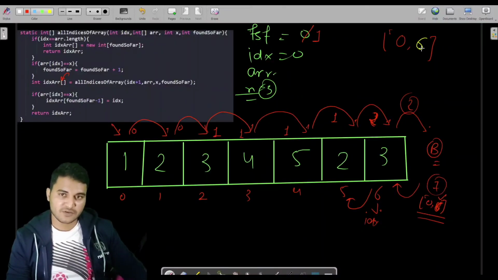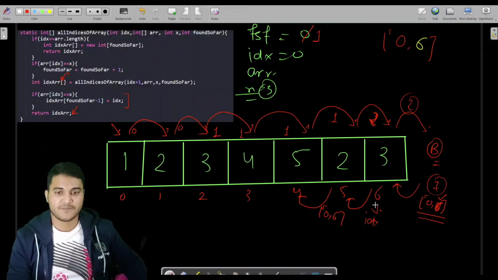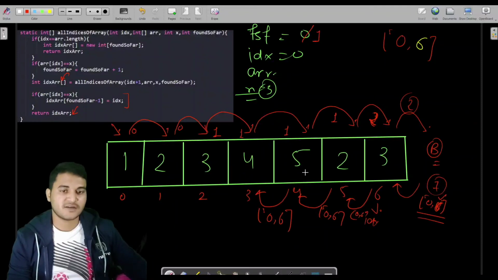In this array we have 0 comma 6. Now it will check if ARR of IDX is 5. If ARR of 5 is equal to 3, no it's not, then it will not execute this code. It will simply return this array with 0 comma 6. Here also we were having 0 comma 6. Then it will check if this is equal to 3, no it's not, then also it will return 0 comma 6. I am not explaining this concept again. I hope you are able to get it. So it will check again, if 4 is equal to 3, no it's not. It will again simply return 0 comma 6, the array which we were having here.